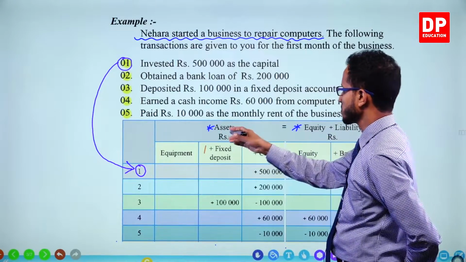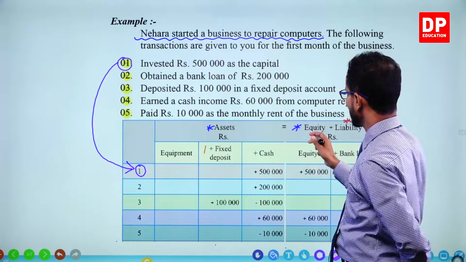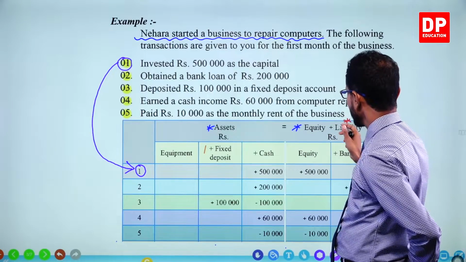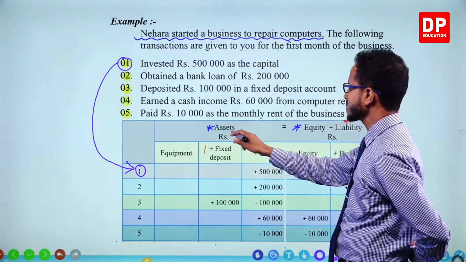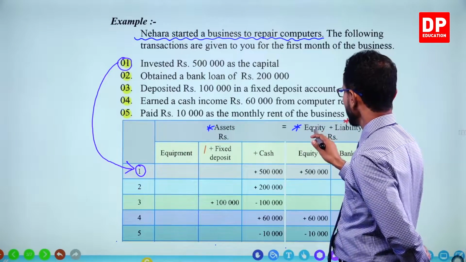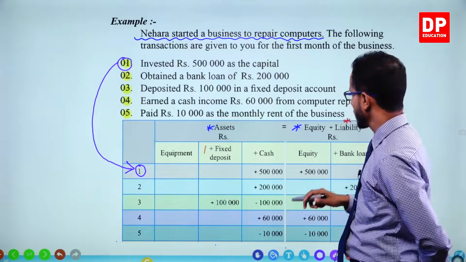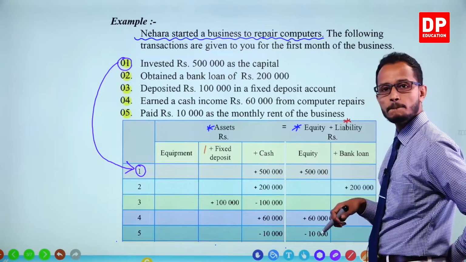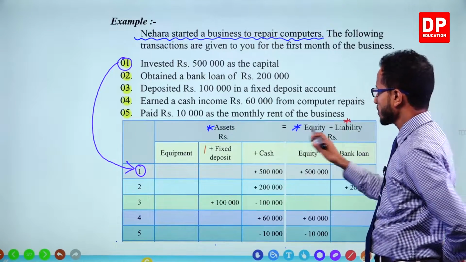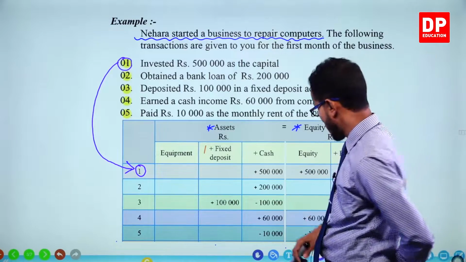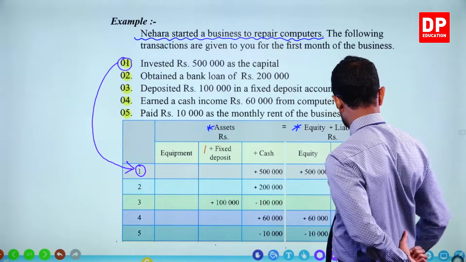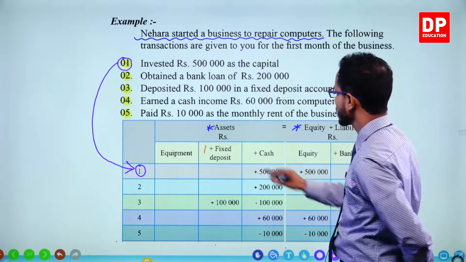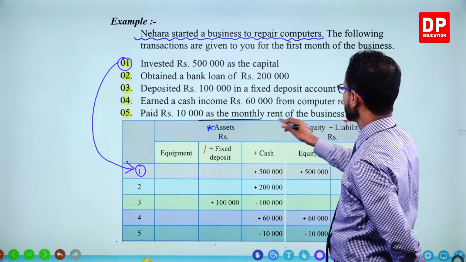This is the accounting equation, right? Assets equals equity plus liabilities. Assets equals equity plus liabilities. This is the accounting equation. All right. Under this accounting equation,